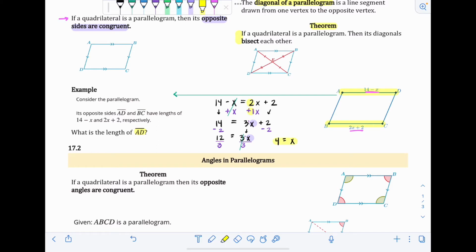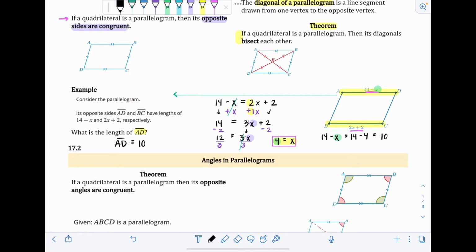So we have our x value, x equals 4, but it's not really what the problem is asking. It's not saying solve for x. It says what is the length of AD. So in order to find the length of AD, I'm going to take that x equals 4 and put it into the 14 minus x. That was the expression for segment AD. So 14 minus x. X is 4 though, so a 4 will go right there. So it'll be 14 minus 4, which is 10. So the length of segment AD